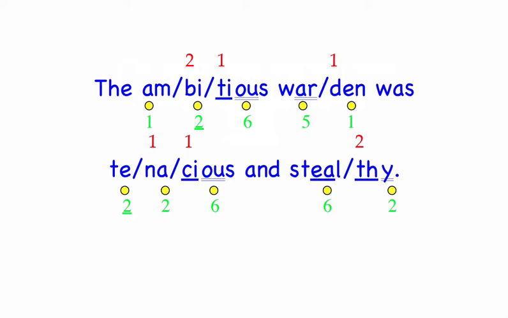Sentence 6. The joyous, glamorous, vivacious couple was fabulous. The joyous, 2 syllables, first syllable joy, 2 sounds, j, oi. Us, 2 sounds, s. Joyous, glamorous,